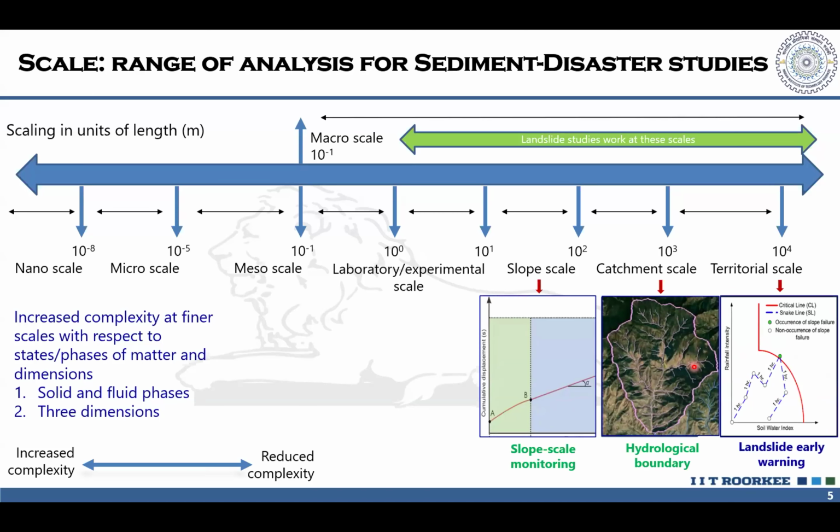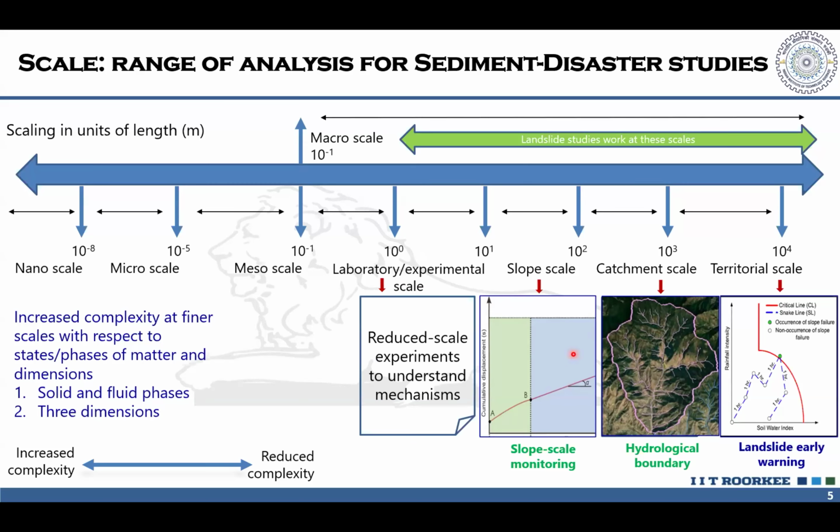And when it comes to rainfall-induced landsliding, there are techniques that many geotechnical engineers are aware of. It's slope scale monitoring, where we put some sensors in the slope, and the landsliding can be forecasted using displacement-based thresholds. But the bigger challenge we have in the Himalayas compared to other mountain ranges is the presence of complex materials all over the hill slopes. So we have to reduce the scale even further down.